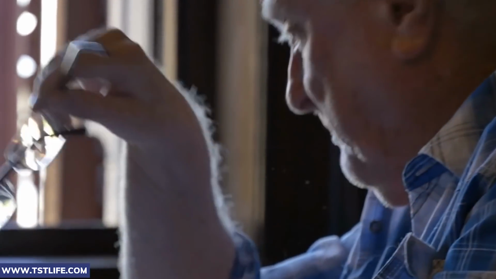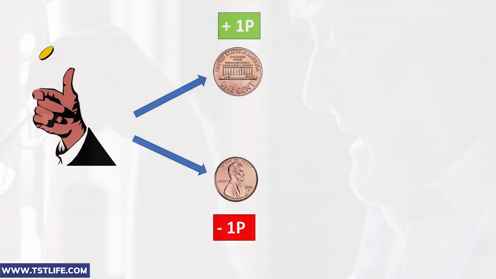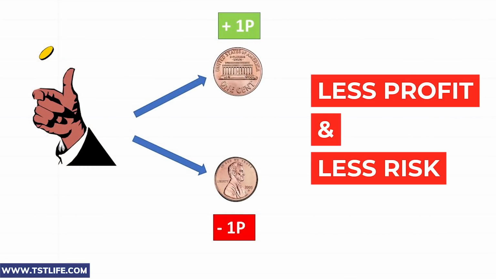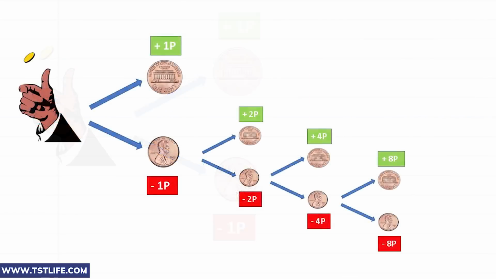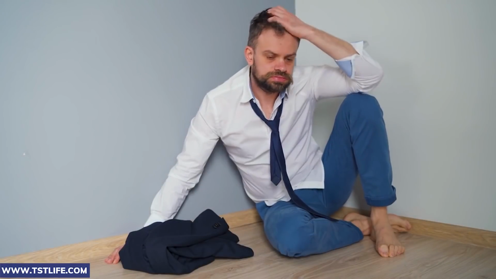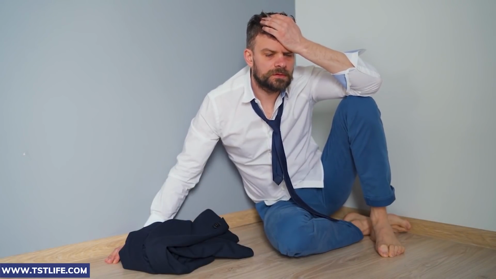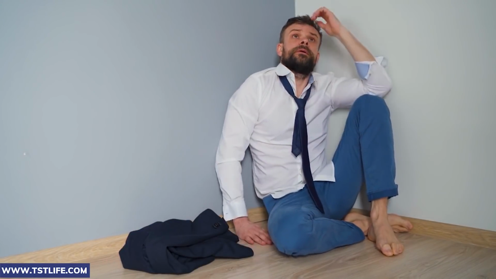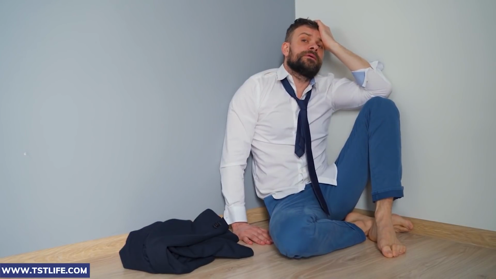But imagine if we change the game a bit and begin with 1 cent risk instead of $1. Well, the profit we'll make will decrease for sure, but we'll have more chances to make a profit and recover our loss. The only way to go bankrupt in this scenario is if we lose 20 rounds in a row. For a game where we have a 50-50 chance to win, we need to be extremely unlucky to go bankrupt.